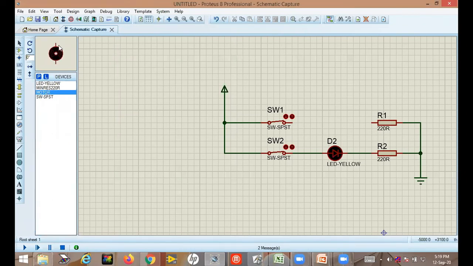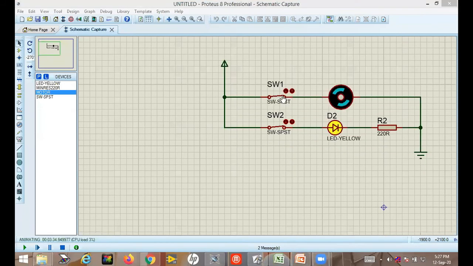Then I want to take this motor. Now I will rotate it. Okay, this is the orientation I want. Then click on the screen and put the motor here. Okay, now connect. Establish the connection. Okay, in this case actually we don't need a resistor because this is a 12 volt motor. So I don't need a resistor. So you have to select the component and press delete from the keyboard. This motor part, is everyone clear?